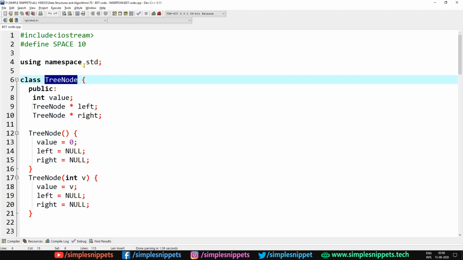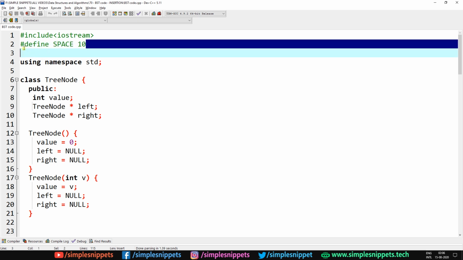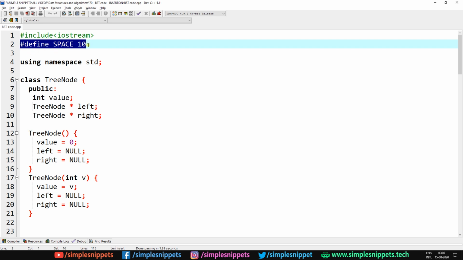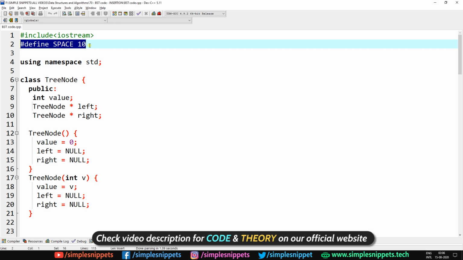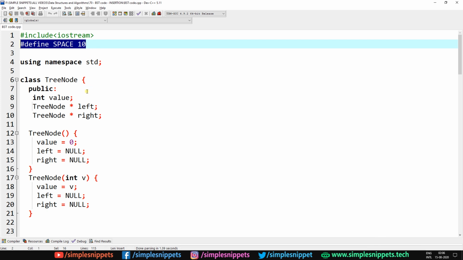So we will create the objects of tree node. Okay, and this is something new. This is one extra line that we did not do in the previous tutorial. I will explain to you what this means later on. Right now just type it along with me. Don't worry, I'm going to be sharing this entire code with you after all the BST operations are done. But if you don't find that link in the video description for this entire code, it would mean that we still have to cover some tutorials on this BST. So in the meantime, please type this one line.